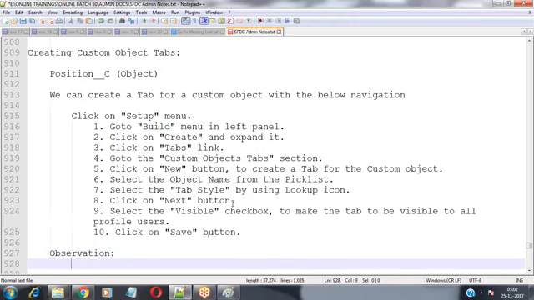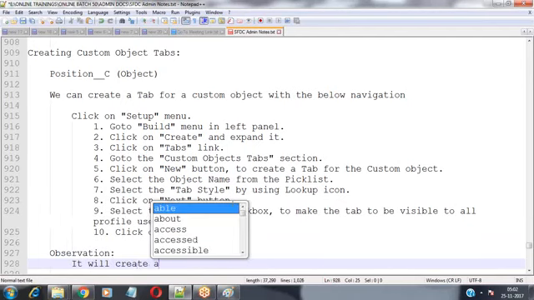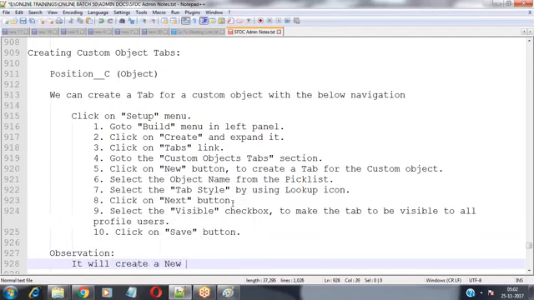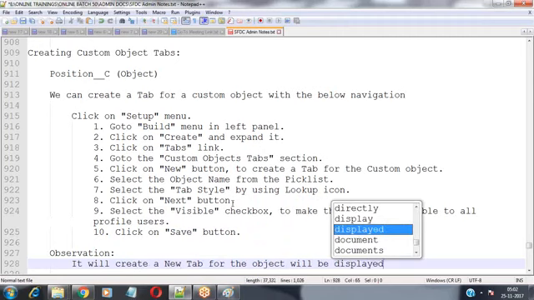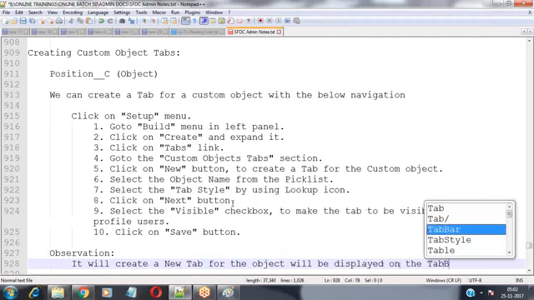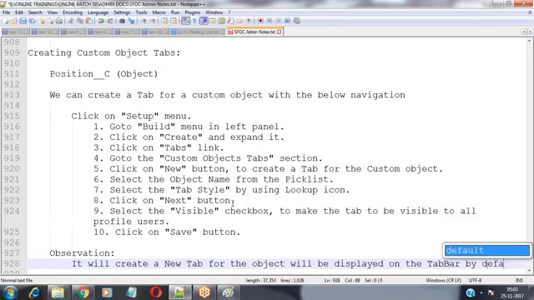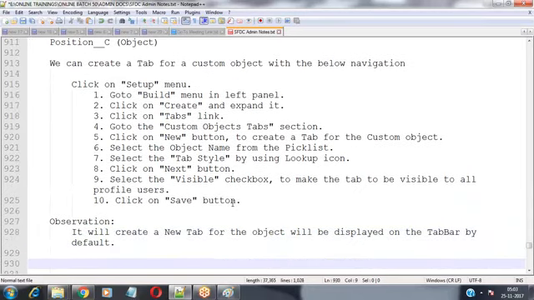And the observation should be, it will create a new tab for the object, and it will be displayed on the tab bar by default. By default, this will be displayed on the tab bar. So this is the observation here. So this is what we are expecting.